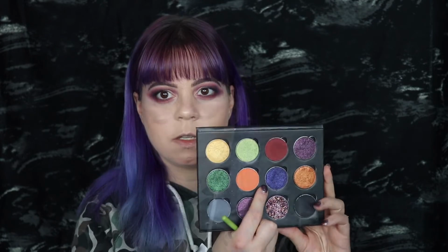So basically for my lid, I'm first going to take the purple shade and I'm going to put that on the outer third of my eyelid. Then I'm going to put the dark green in the middle, and then I'm going to pop this beautiful lime green in my inner corner and a little bit down my lower lash line. So let's try that. So taking the shade right here on a dry brush,